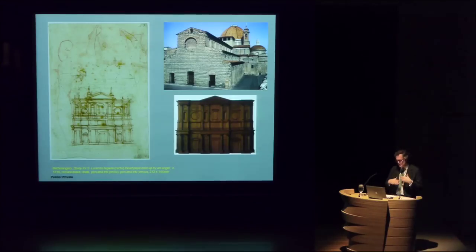So let's turn to another drawing in the show and think about this public-private thing, whether these drawings were accessible for us. And I think this is another example of a drawing that was never intended for us to be seen, although it had a public face in the sense that this is one of many studies, I think one of 3 studies in the show for the facade of San Lorenzo. Now, as I've said before, Leo X